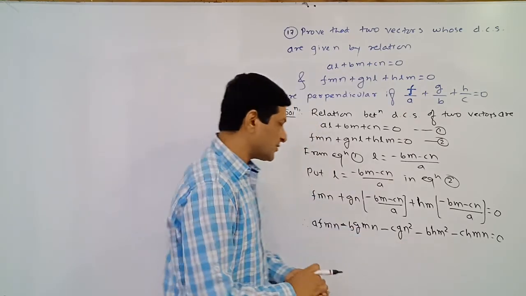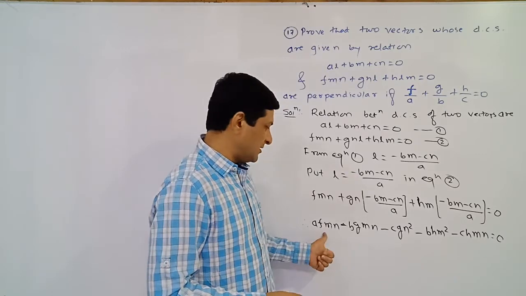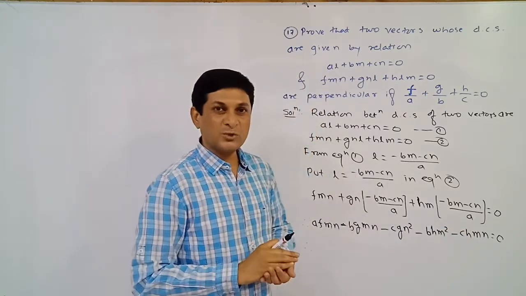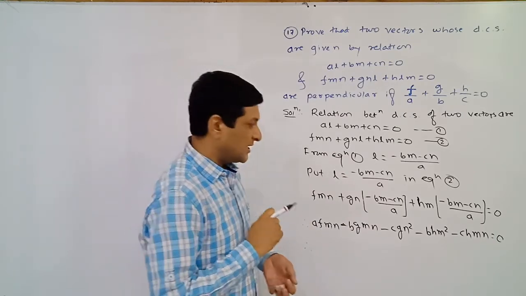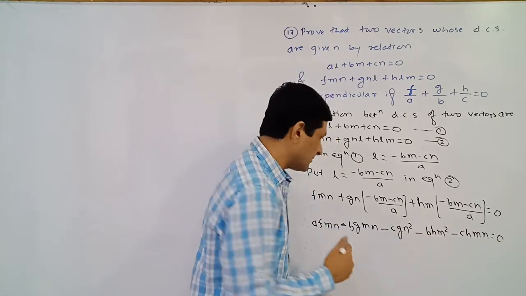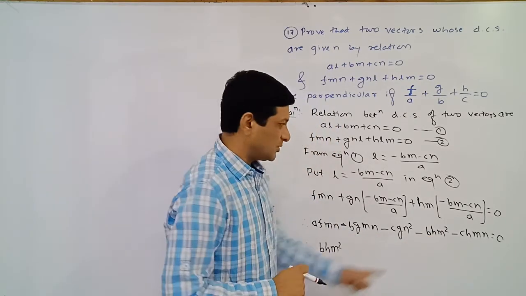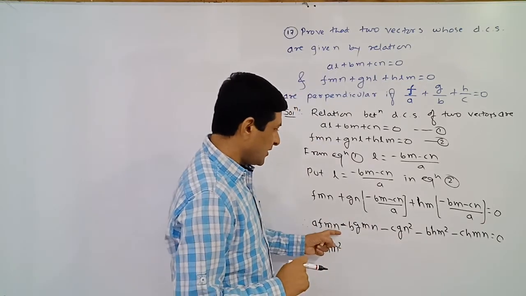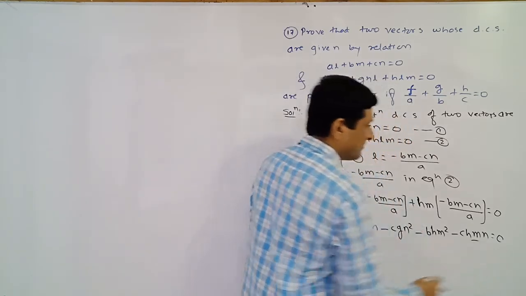Now first collect the terms of M square. Only one term of M square is there, and if you observe this equation, only one term is positive and three terms are negative. So better we multiply both sides by minus, so that the sign of all the terms will get changed. If we are multiplying by minus, here we will get BHM square. Getting it? So the negative term will become positive. Now we are collecting the terms of MN. How many terms of MN are there? 1, 2, 3 terms of MN are there.